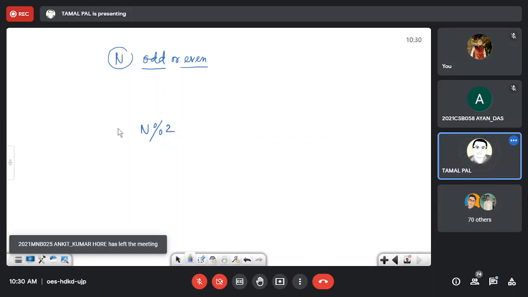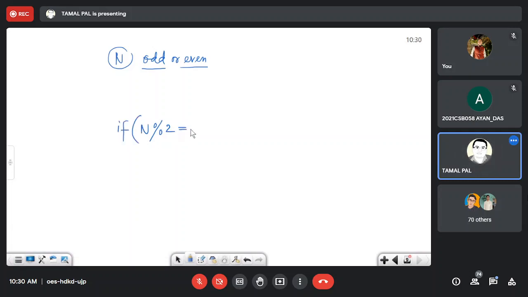That means if this is 0, then we'll print even, or else we'll print odd.